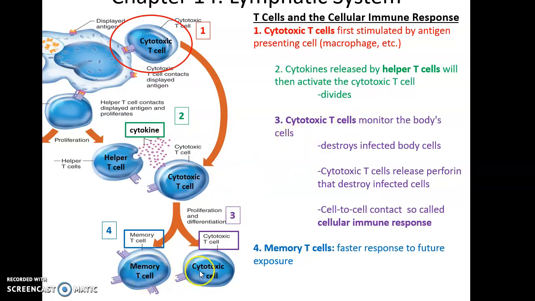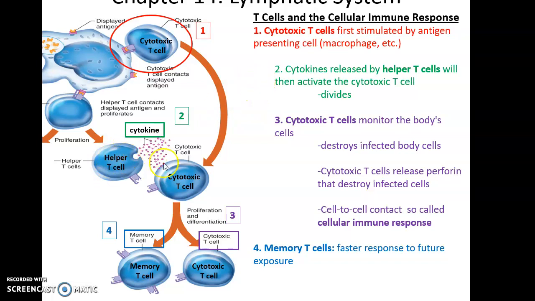The cytotoxic T cells that are now active against that specific pathogen will go out and find body cells, our own cells, infected by that pathogen, and then destroy those cells. So the cytotoxic T cell is to destroy any of our own cells that are infected by this specific pathogen. So if the pathogen is